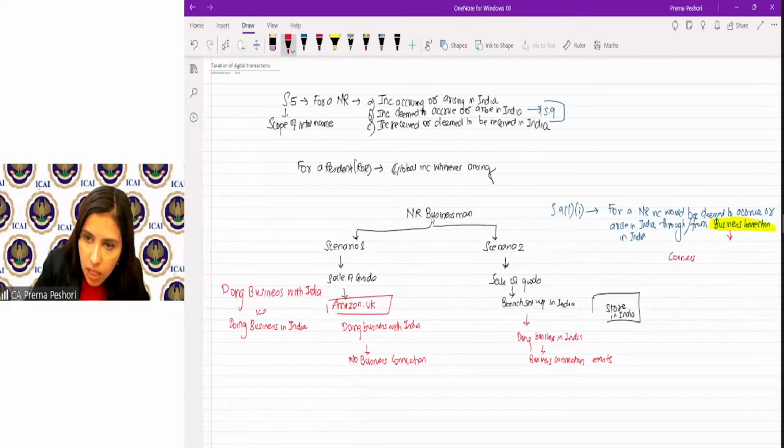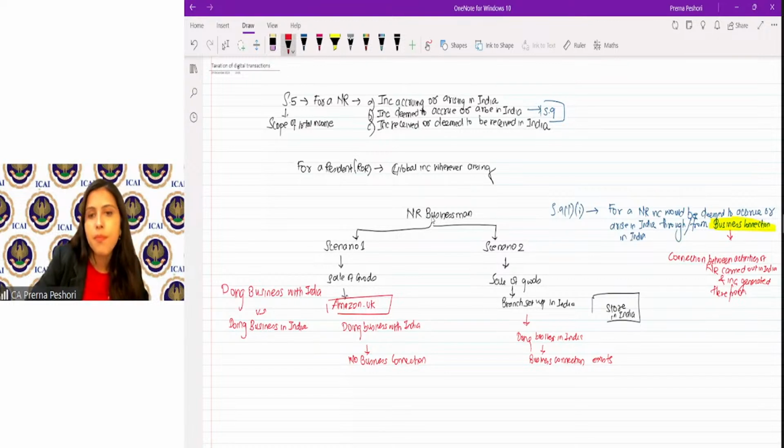connection between activities of the non-resident carried out in India and income generated therefrom. Are we clear? So therefore, if you look at it, now that e-commerce has grown significantly, we would never